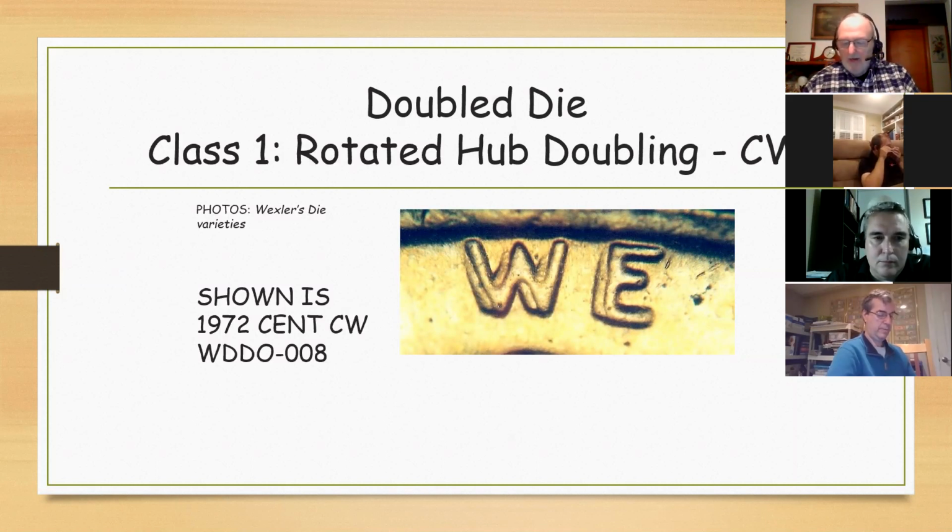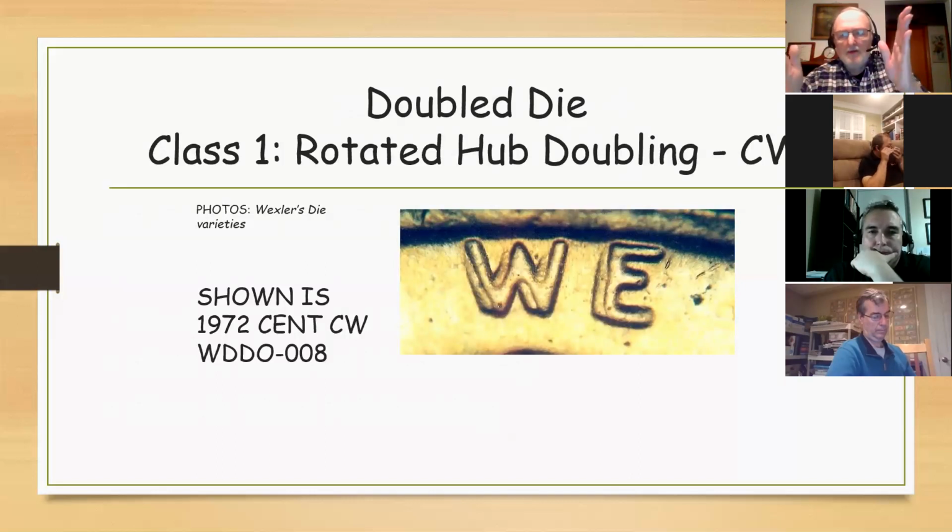However, it could be somewhere between the center of the hub and the rim. Exactly what happens in the multiple squeeze hubbing process. See, like I've talked about before, you've got a hammer and anvil with your actual coin press, and they hammer against each other. Now a lot of them are upright. They used to be this way, and you used to have a lot more errors when it was this way. But